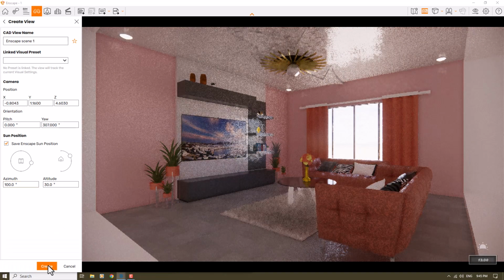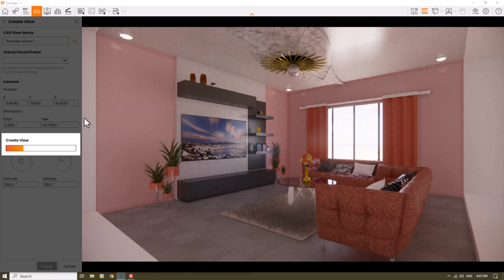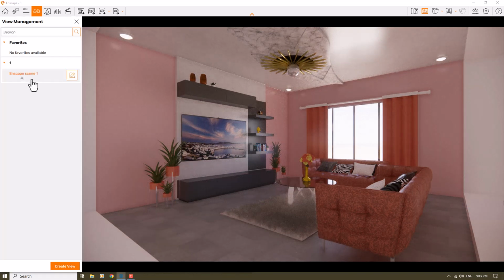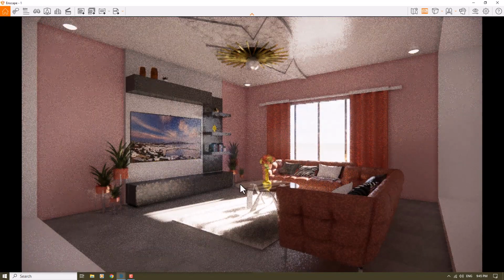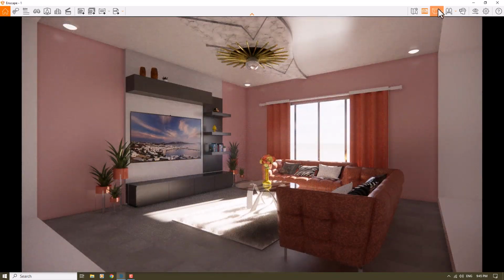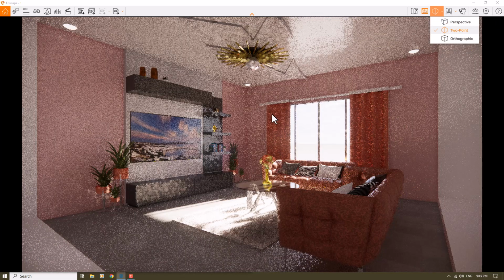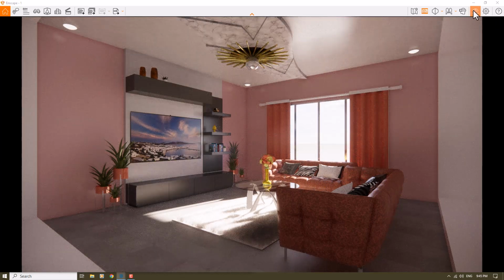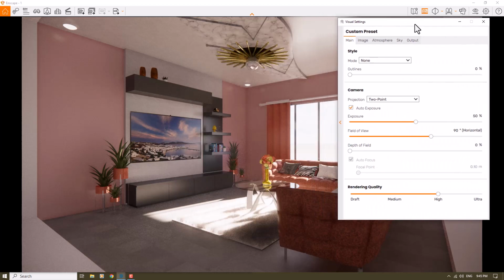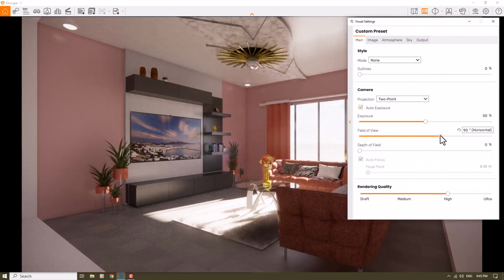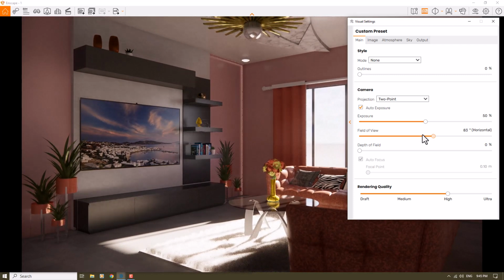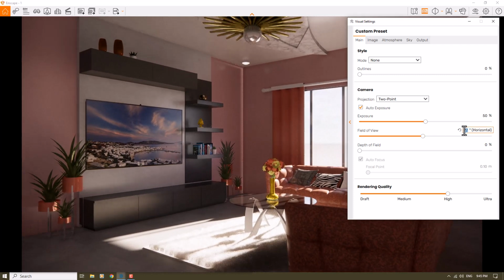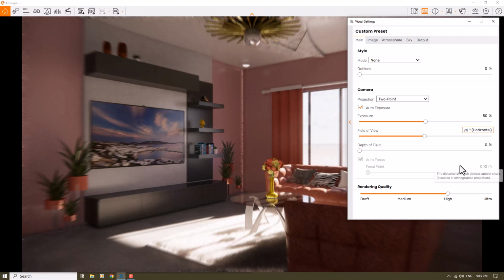create view. So as you can see, we created our first view shot in Enscape, and now it's time for rendering. I'm going to click on it. My time and all of the settings are set for me like that. So I need some 2-point perspective. I'm going to click on the visual setting and start my job. So I start my job with the field of view. I need a little bit of zoom on my target,